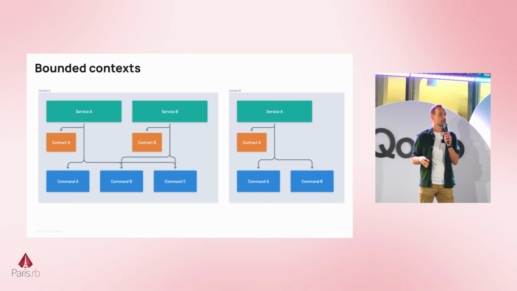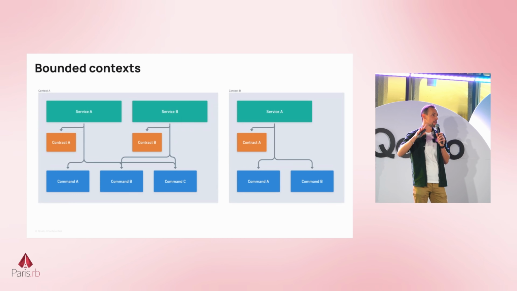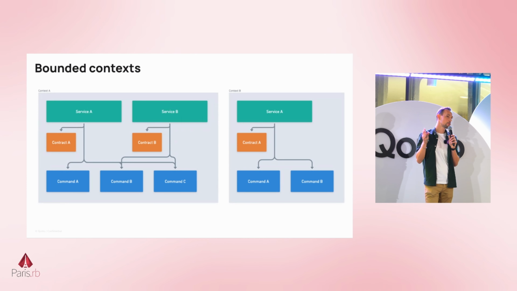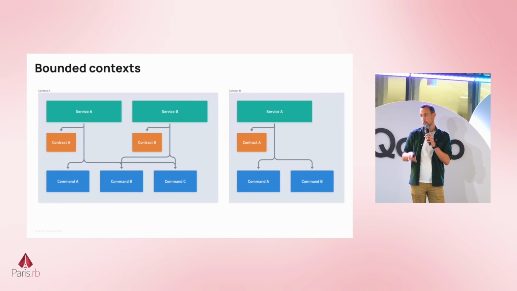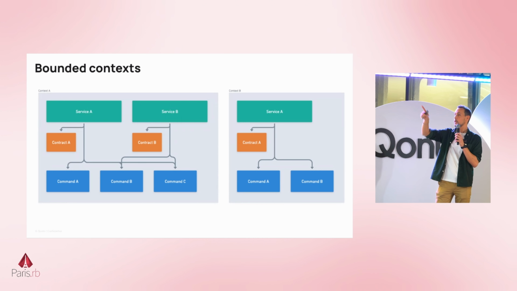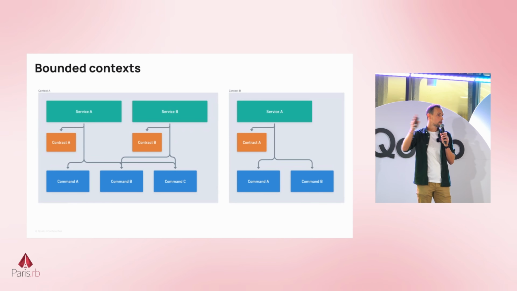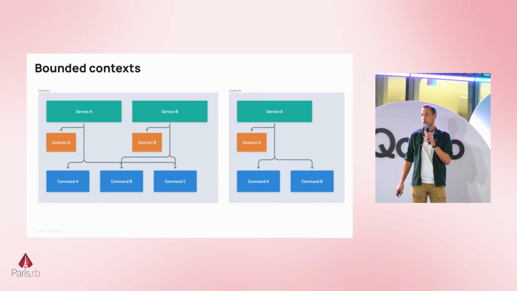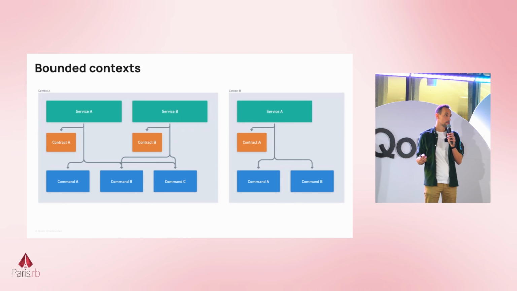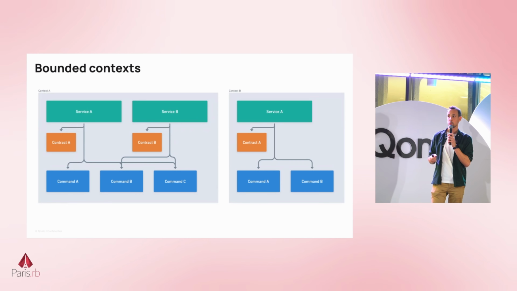But anyway, if you manage to have your very big application split into specific contexts, you're able to build your expertise between the teams. You're able to make sure that teams can communicate well together. And on this diagram that you see on the screen, you can imagine the contexts as being the gray boxes. So these are the boundaries for each part of your application that makes sense in terms of domain. And inside each context, one of the rules of the standard that we put in place was that you can only interact with